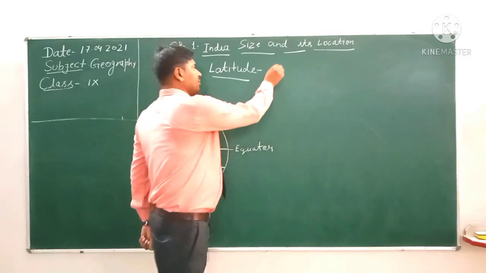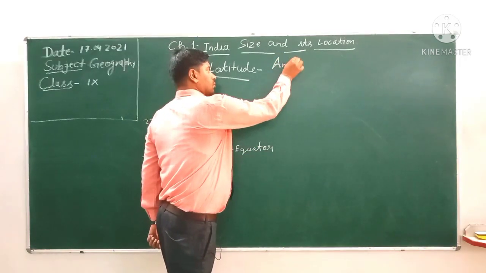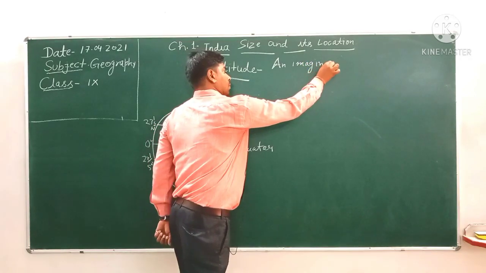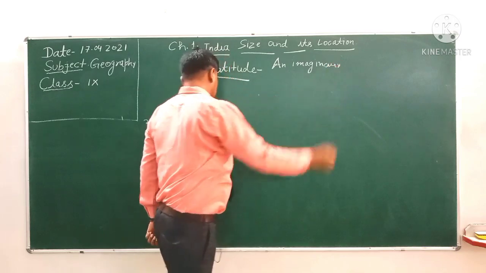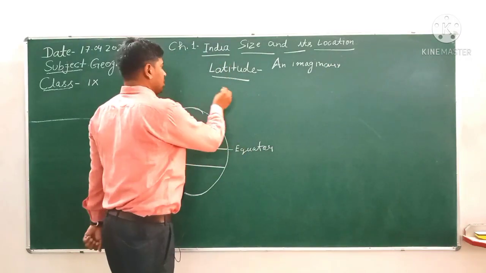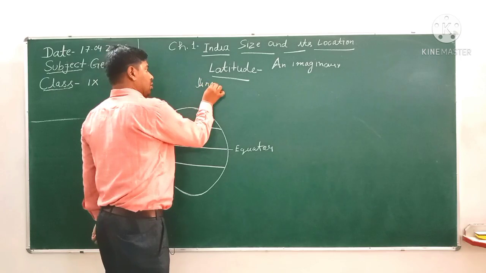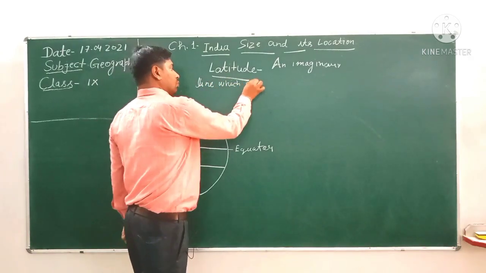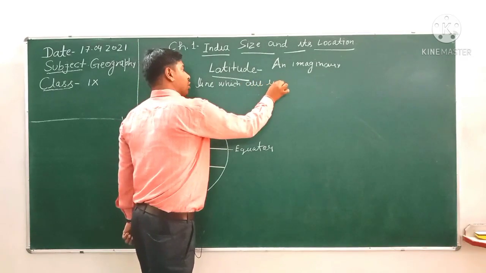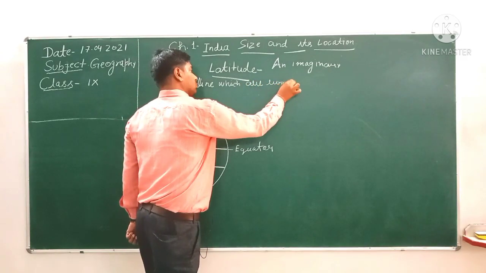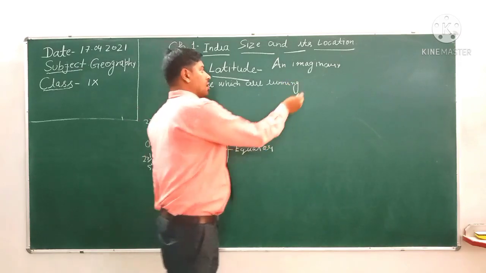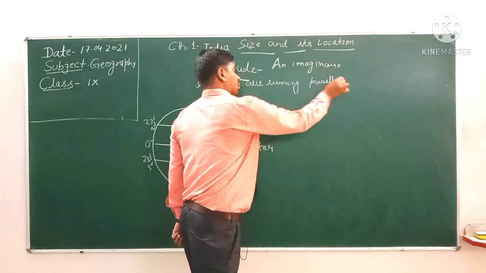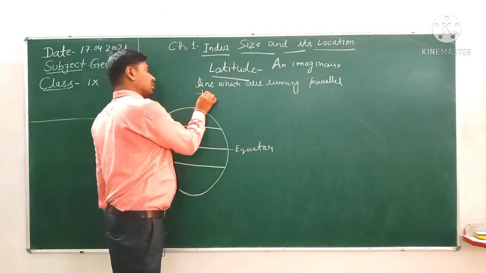An imaginary line which is running parallel to the equator